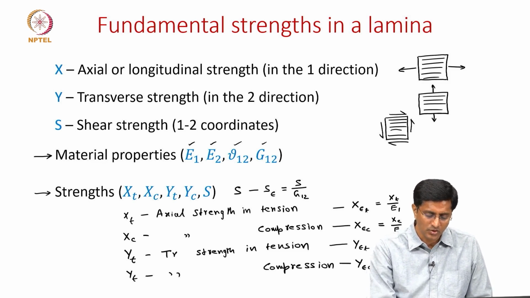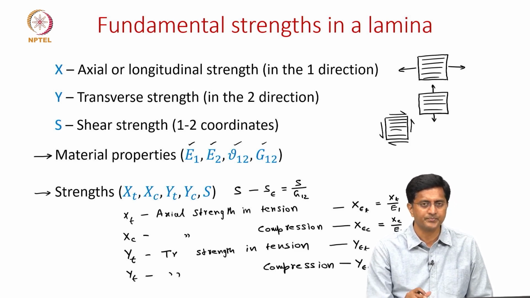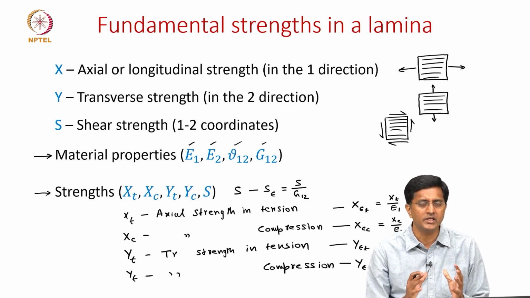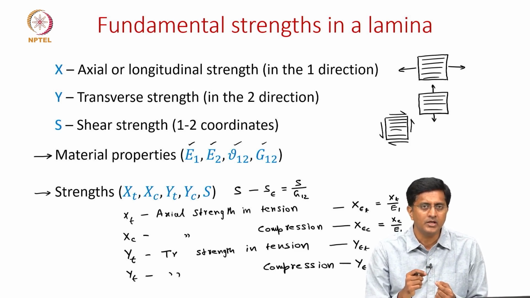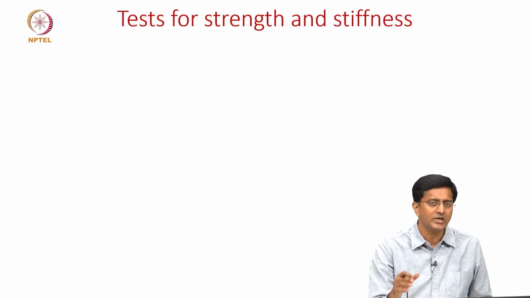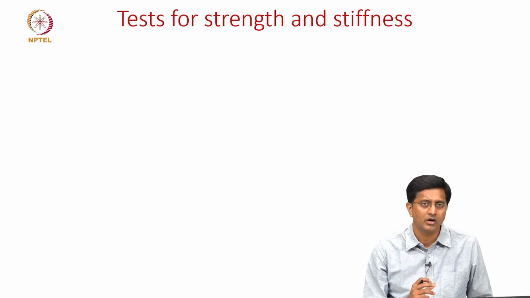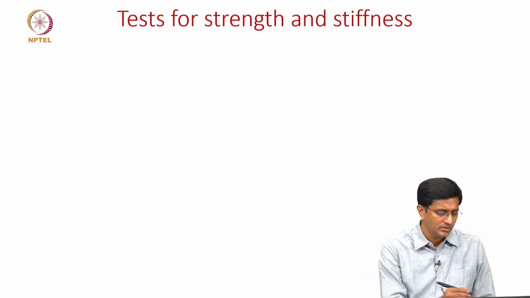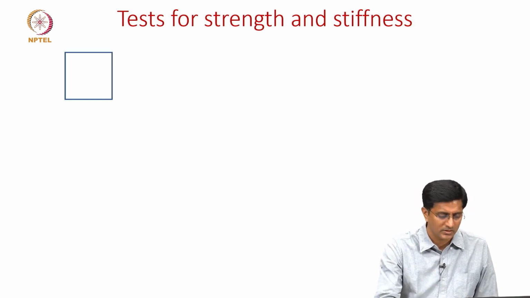And we have also shown that this failure strain can be written as the ratio of the failure strength by the corresponding modulus. This is all possible because we assume that most materials behave in a brittle fashion, meaning they respond in a linear elastic fashion until failure. Now let's quickly look at a few tests one can do to find these strengths. So let's start with,